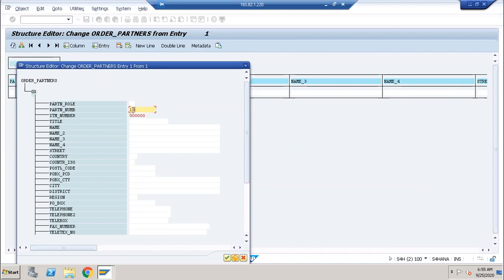He is paying the money and wants it delivered to another address, so the delivery address is the ship to party.